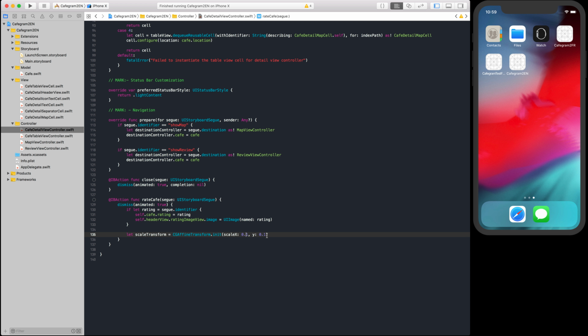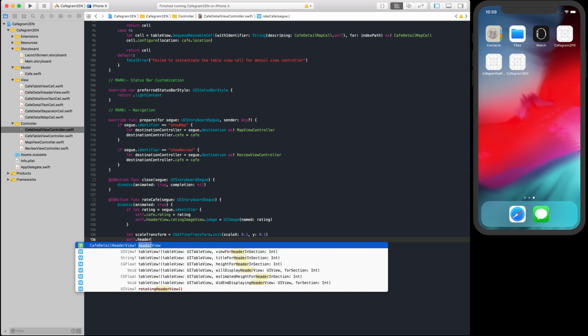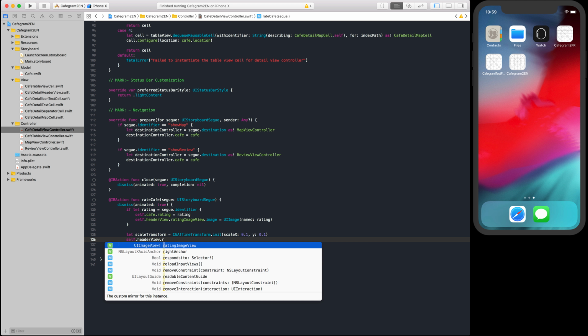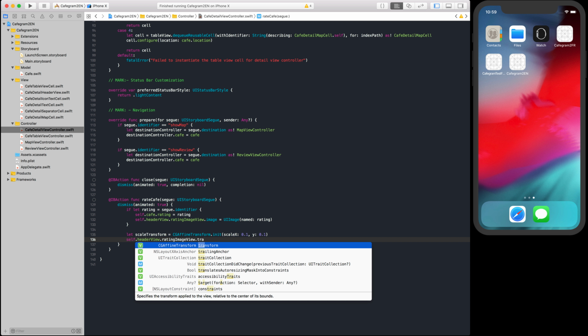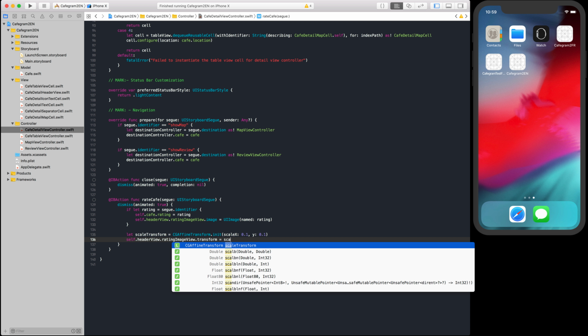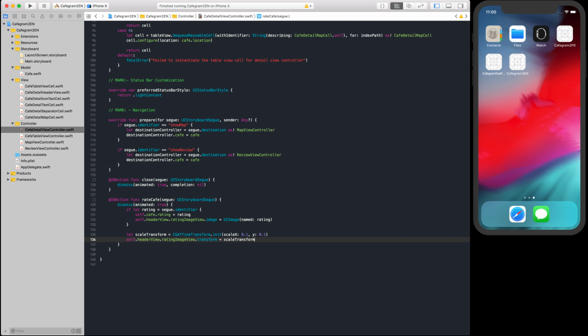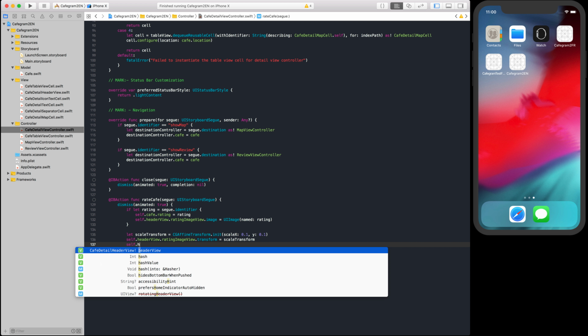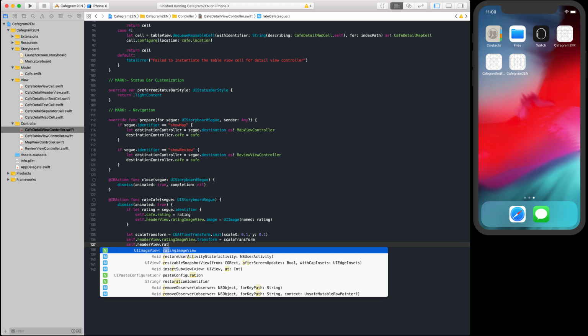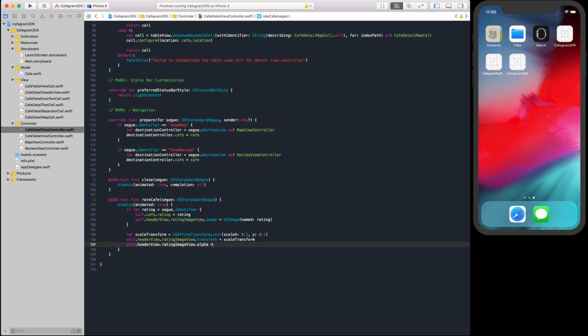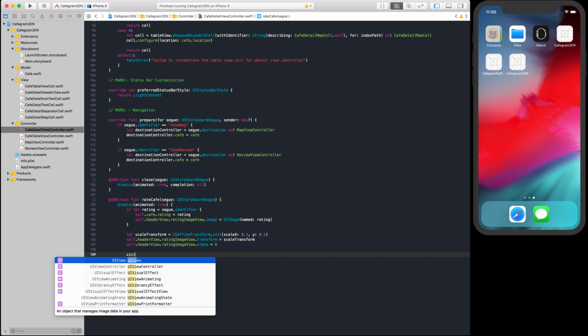Okay, then write self.headerView.ratingImageView.transform is equal to scaleTransform, okay, then self.headerView.ratingImageView.alpha is equal to 0, and then UIView,